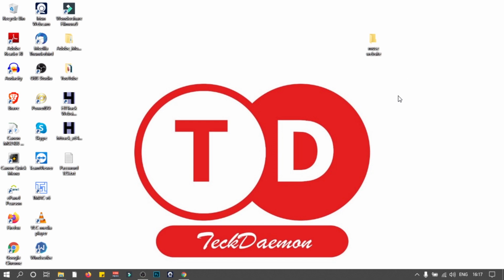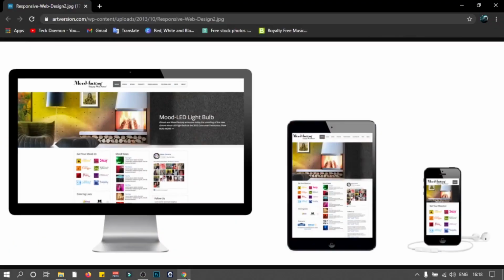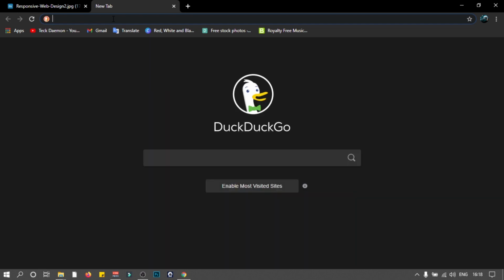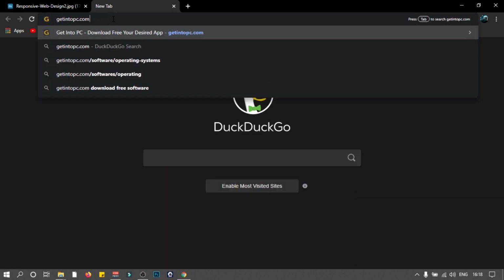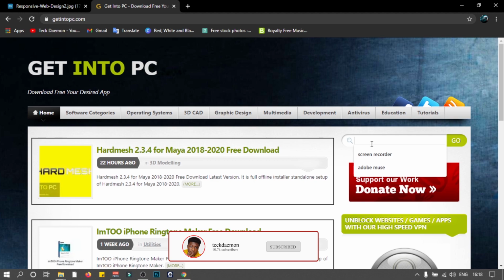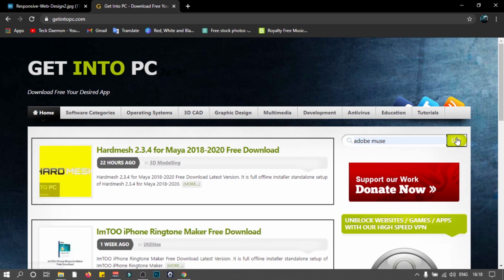But first off, we're just going to go ahead and download and install this program, even though I have it already downloaded. We'll download and install, and then start from there. So I'm going to open up my browser and navigate to this website, getintopc.com. I'll make sure to leave the link in the description below, so we could download that. Just look for Adobe Muse, hit go,